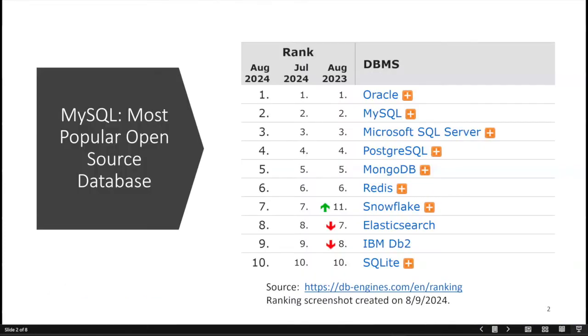Before we go further, I would like to congratulate you for your interest in MySQL. Here I have a ranking of the most popular database systems from dbengines.com. As you can see, MySQL is the most popular open source relational database system. That means two things to you. First, knowledge of MySQL is a marketable skill. And second,